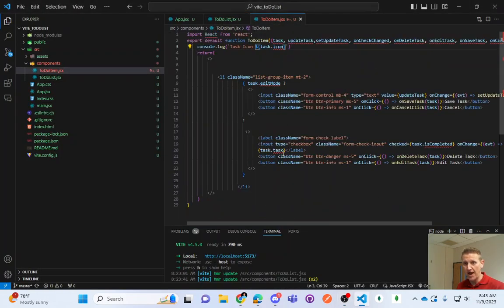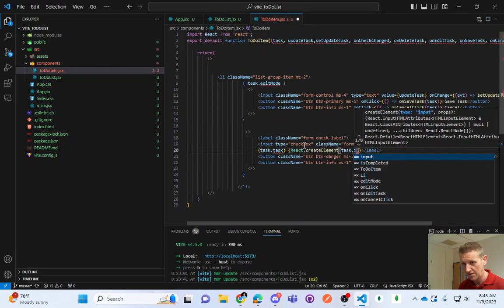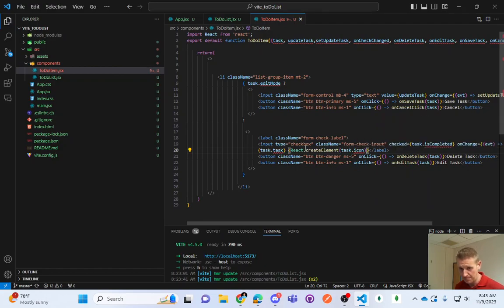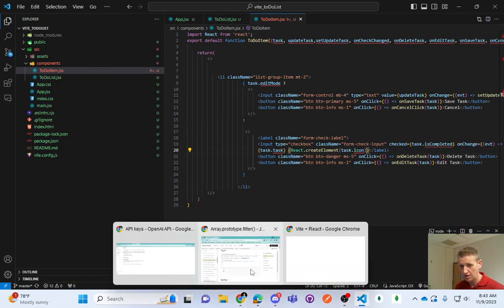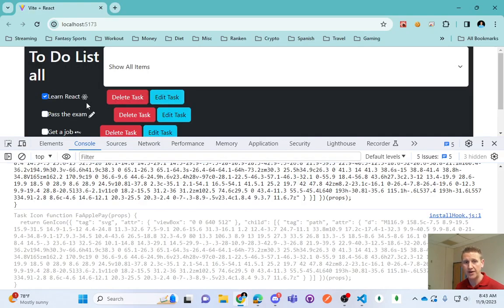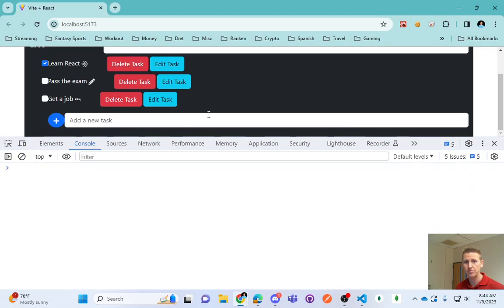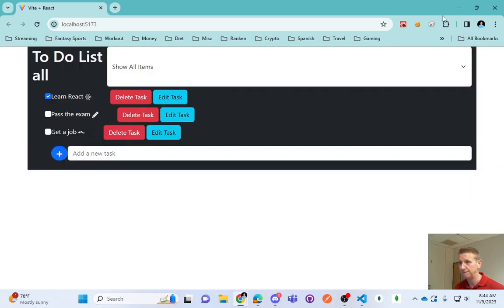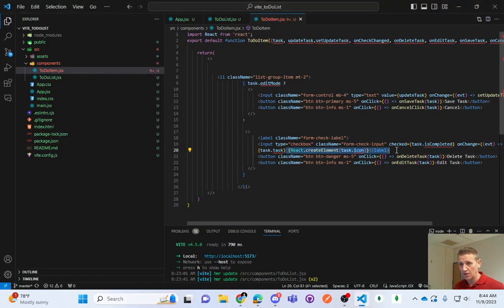And now let's bring back our createElement over here. React. How about it? Now we got our icons back. Mine just is open. There we go. Now we got our icons back. Now this example is done. We can stop part 3 and move on to the next. I'm still getting